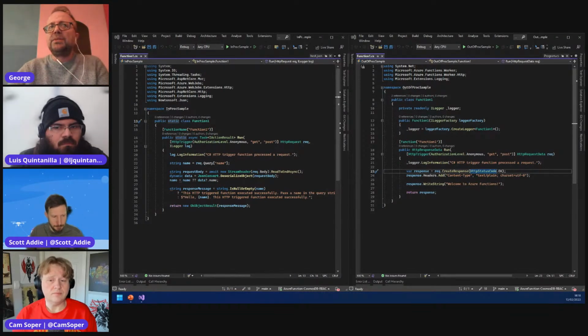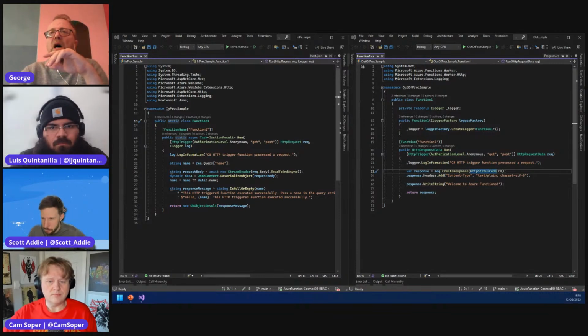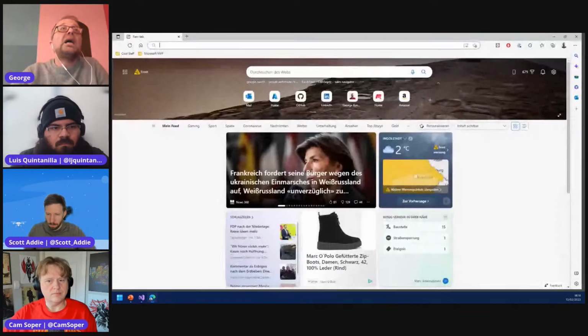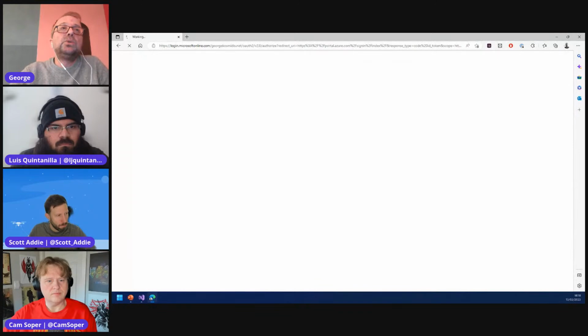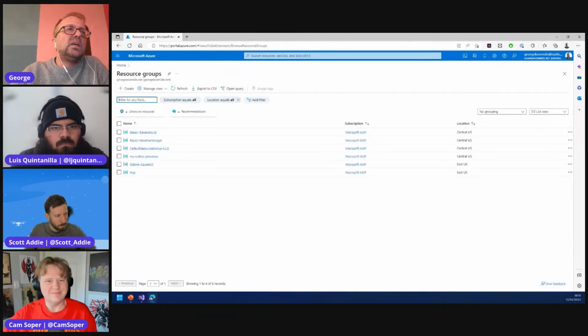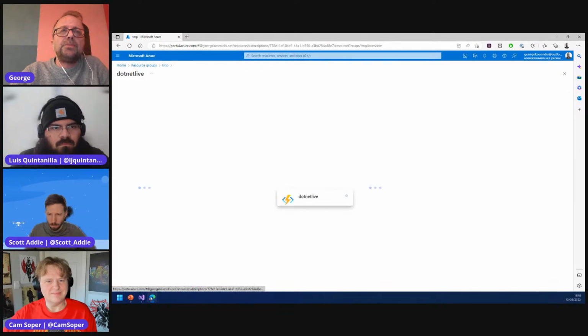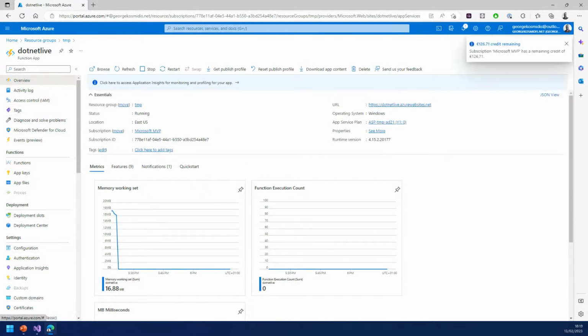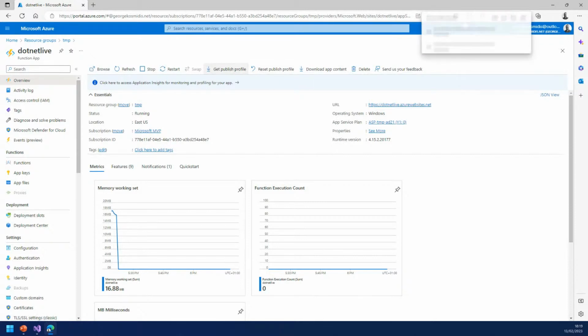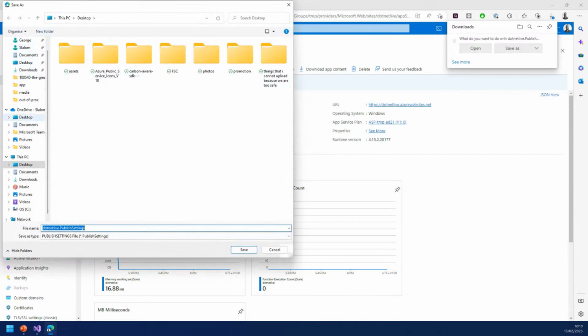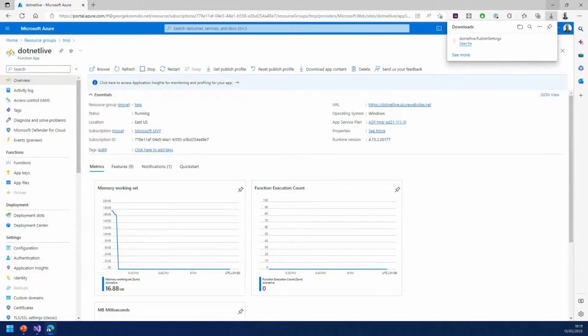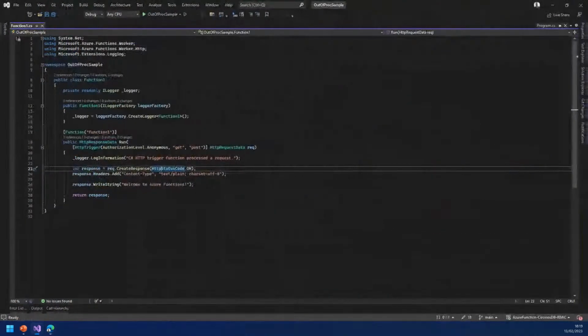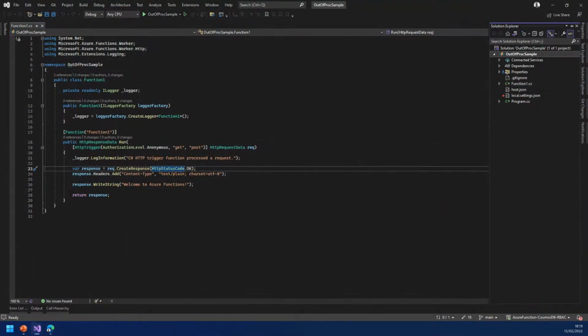You don't see much difference here, do you? That's it. I would suggest, let's see now, that the best idea is to try to deploy. No, it's not. I deployed it already because it will be faster in the portal and Azure function, that we can see how easy it is to go there and try to deploy our dummy code here. One way is we get the publish profile, save it somewhere in our desktop, done, and then we come here. We want to deploy the isolated, because we come here, right click,